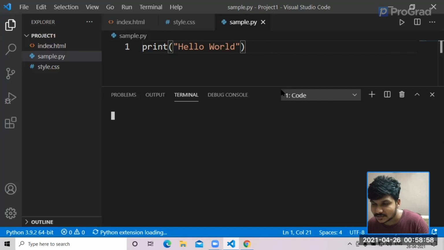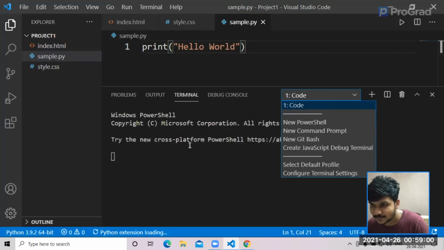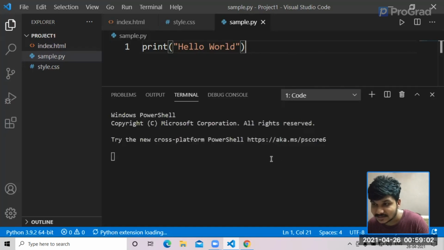So for instance, let's say, okay, I think it's activating. For the first time it might delay, but if you're continuously using it, it will become hands-on for you guys. So that's not an issue. Let's go ahead and run it again, run code, and let's see what comes.